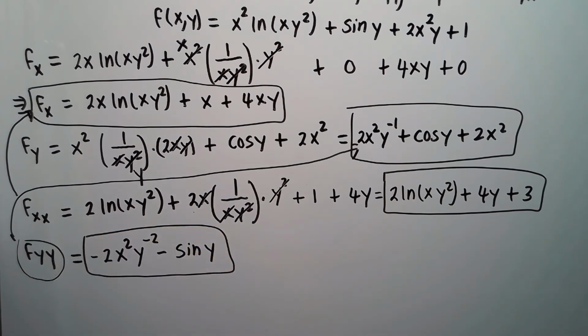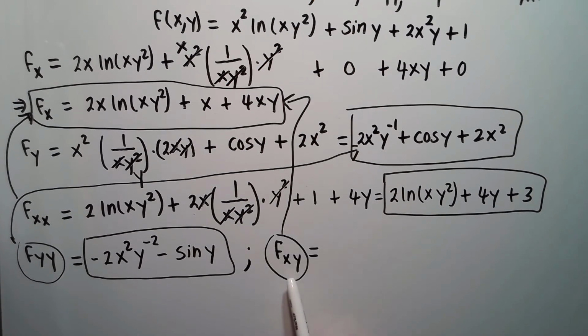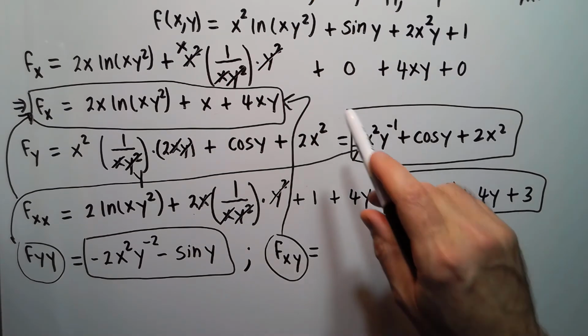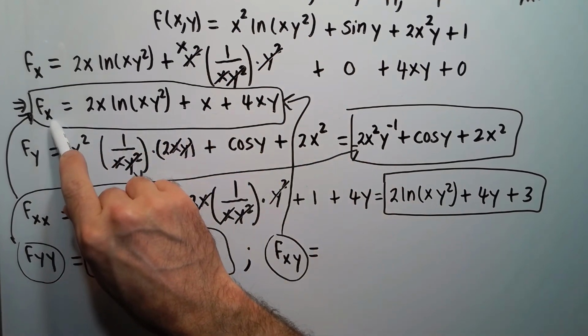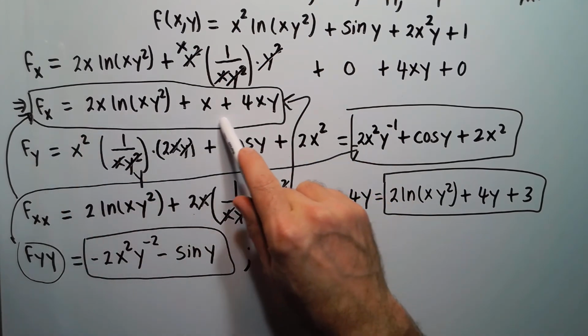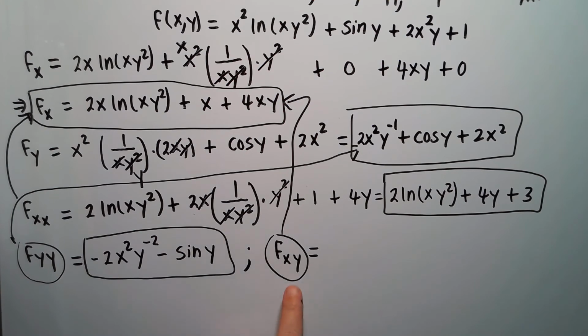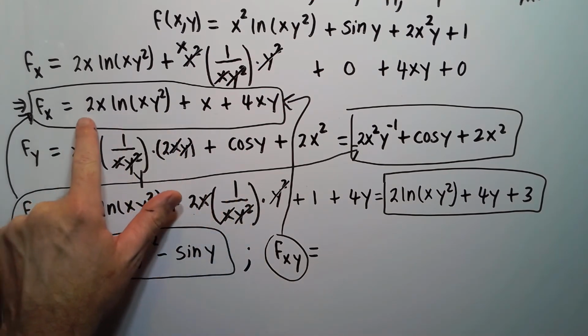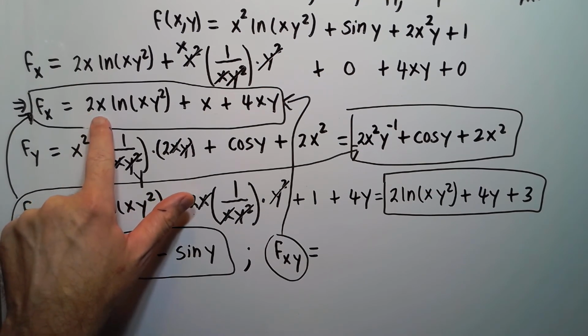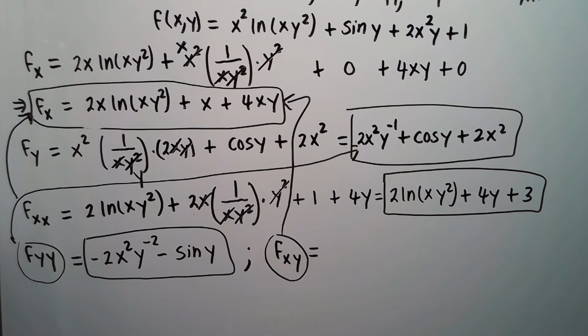Okay, let's do next, say, my fxy. So my fxy, I'll be taking derivative of my fx with respect to y. Here's my fx right here. Okay, so I'm going to be taking derivative now with respect to y. So looking at this guy here, there's no y in the 2x, so therefore there's no product rule required. So it's going to be then 2x